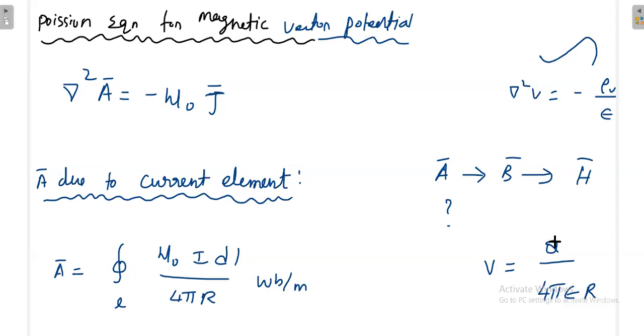Okay, so instead of Q, here integral I dL is there, because I dL is a small element. The total length will be given by the integral. Q is the source. Here also I dL is the source, but I dL is a smaller one. If you want to have a complete source, that is integral I dL. Epsilon is there in the denominator; instead, here mu naught is there in the numerator. Next, 4 pi R. That's it. So this is a simple way to remember this formula. So integral mu naught I dL over 4 pi R.